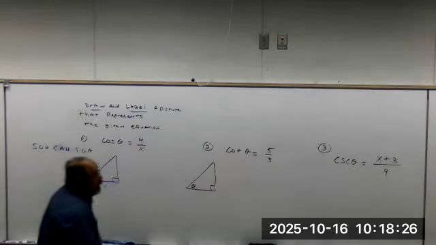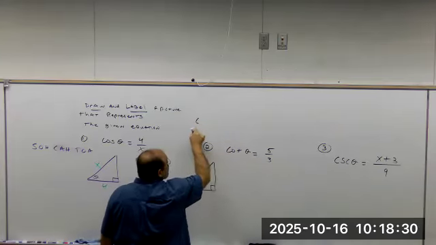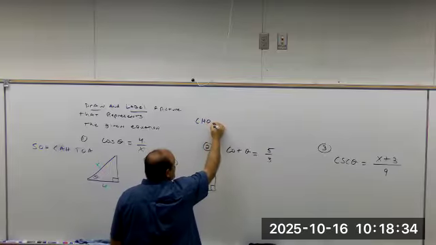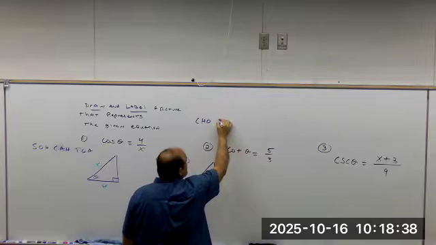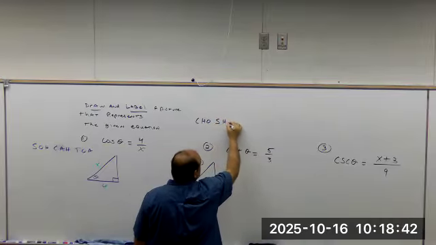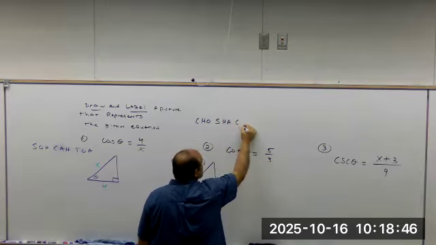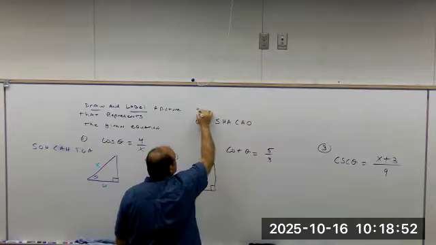Now, you might not want to go through CHO-SHA-CAO. Cosecant is the hypotenuse over the opposite. Secant is the hypotenuse over the adjacent. Cotangent is the adjacent over the opposite. If you put SOHCAHTOA above it,